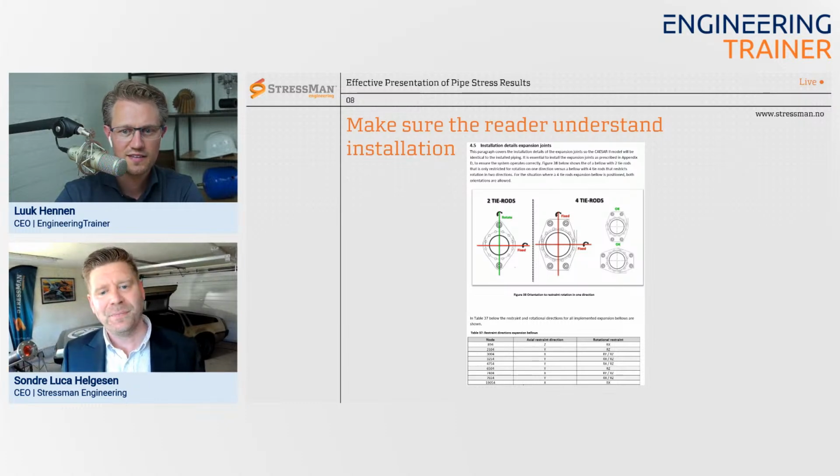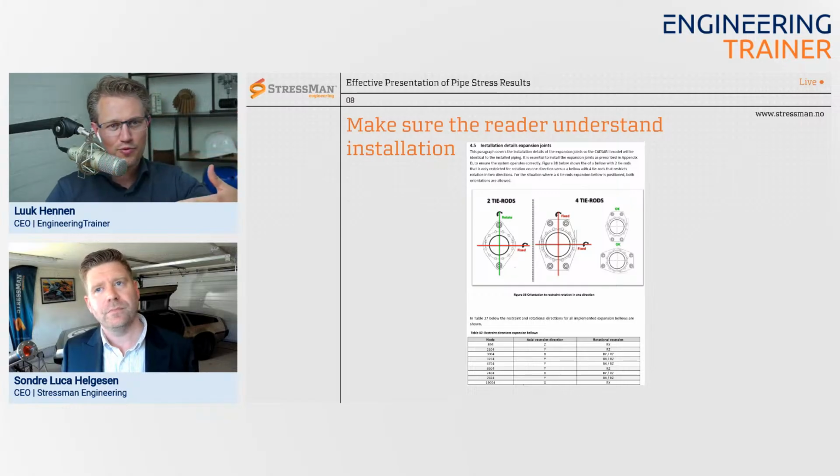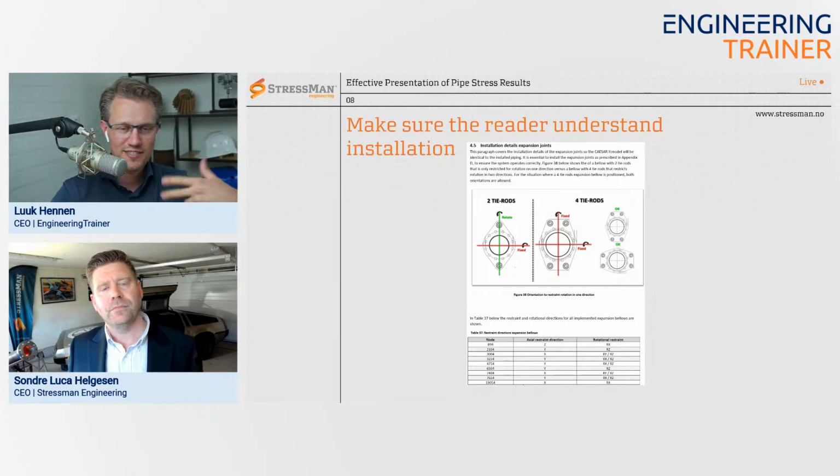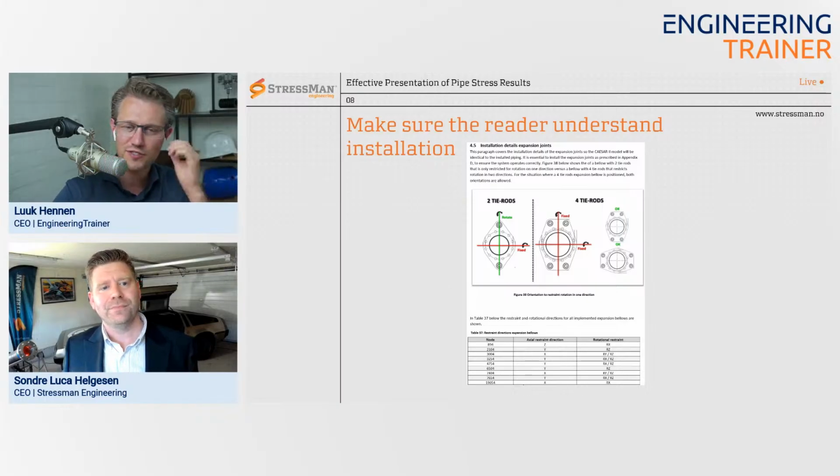So yeah. How do you make sure, often, when one puts something in a report, it's like, it's in the report, so you should have read it. How do you know what to emphasize and where do you emphasize it? Especially these things, which are the core of the analysis and the results, and are critical to the design. Yeah. I mean, in a PowerPoint you would put a big exclamation mark, a red arrow